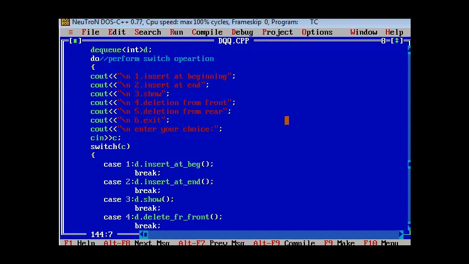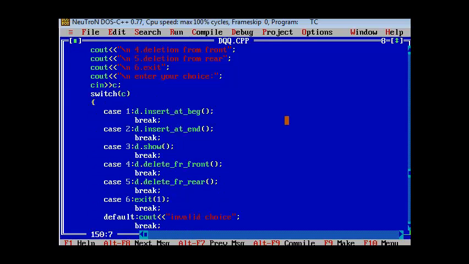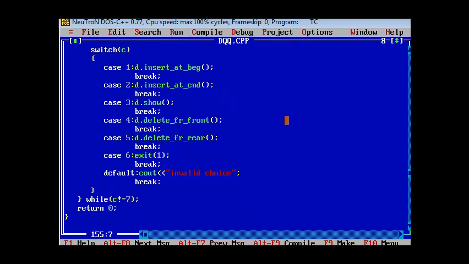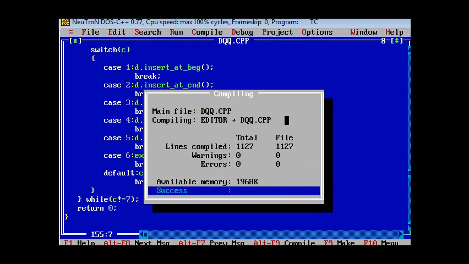This is the main function, and we are using do-while and switch cases here: one for insert at beginning, two for insert at end, three for show, four for delete at front and five for delete at rear end. Now try to compile this program.